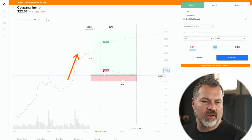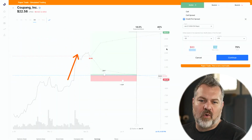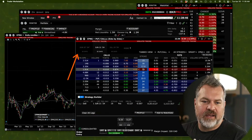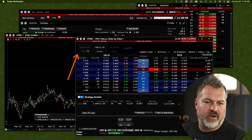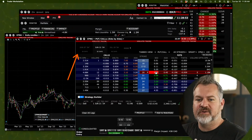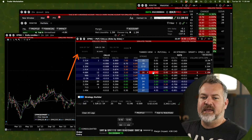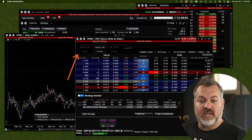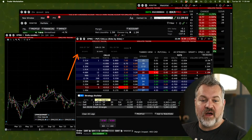So I would look to do that, or just sell the short put, the 20 short put, or the 19, either of those, even on the shorter duration, but collecting 2.5% or 42 cents. If you're bullish, if you're thinking about going long that stock. Obviously, if you think it's not going to go up, you could sell it as a strangle as well,